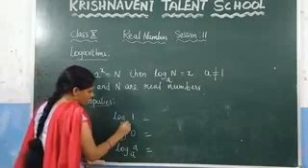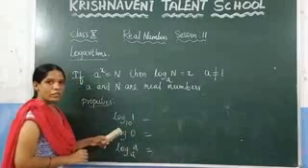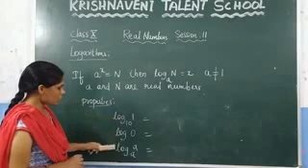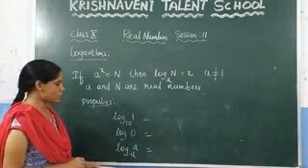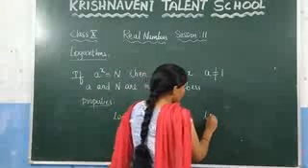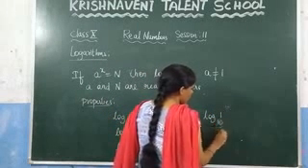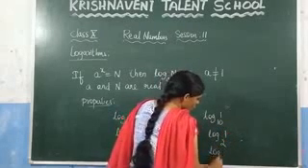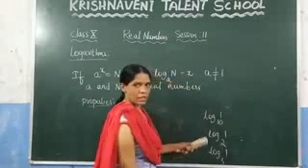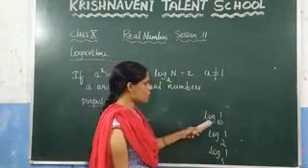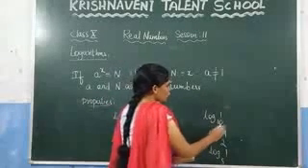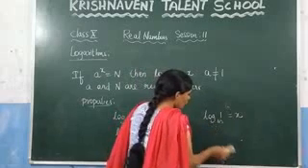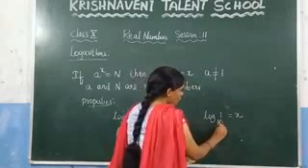Now, since the base is not given, consider log 1 to the base 10. You need to find the value of this, and you have to remember it by doing the next exercise. Consider also log 1 to the base 2 and log 1 to the base 5. What is the value of log 1? To find it, we just need to express this in the form of powers or exponents.